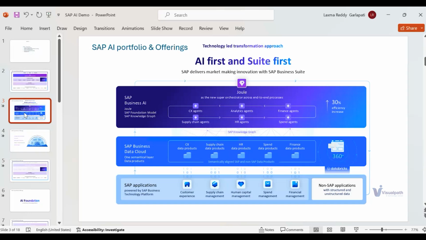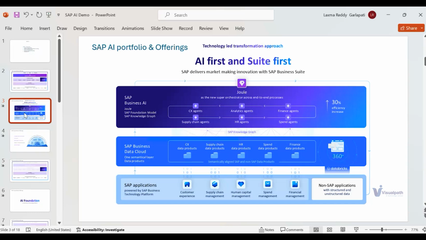And once you have the data within your SAP Business Technology Platform, you could enrich this data with business contextual data. When I say business contextual data, the context is very, very important, and it comes from your SAP ecosystem, and then you derive insights out of it. This is the importance of their recent initiative and announcement of SAP Business Data Cloud, right?